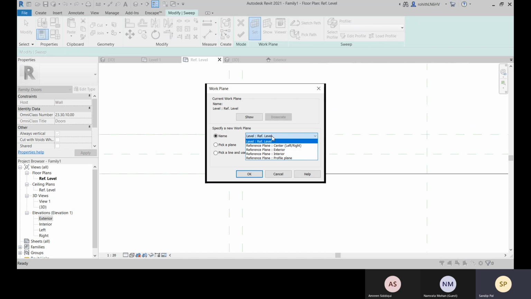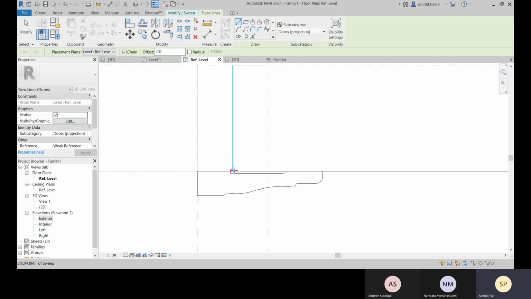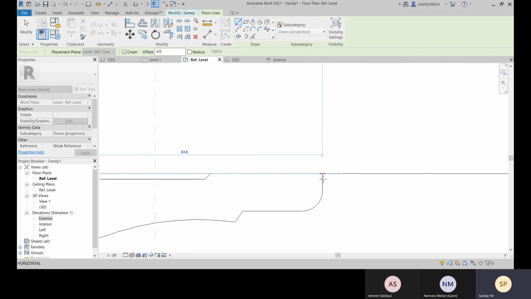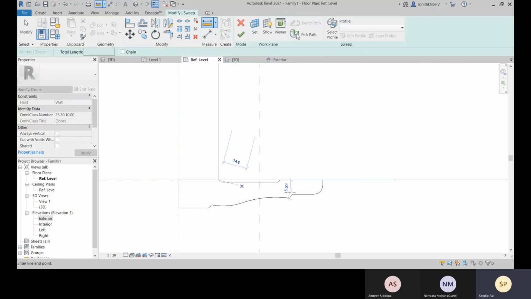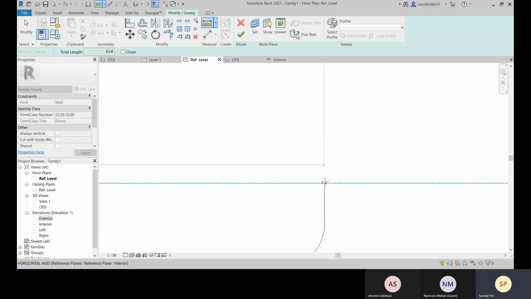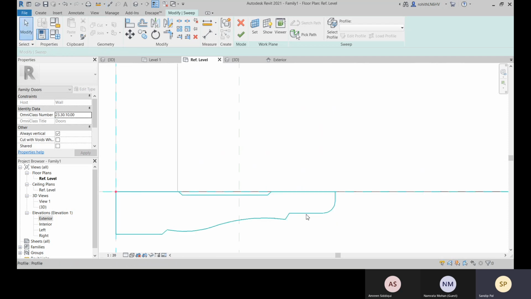This is the plane. So 63.9. So we will move that.